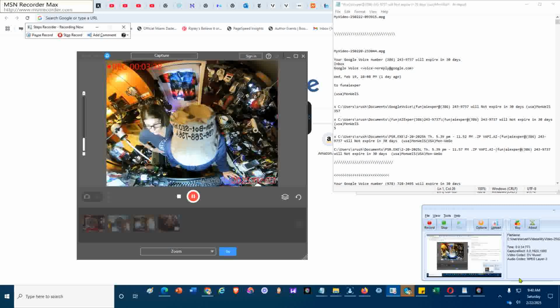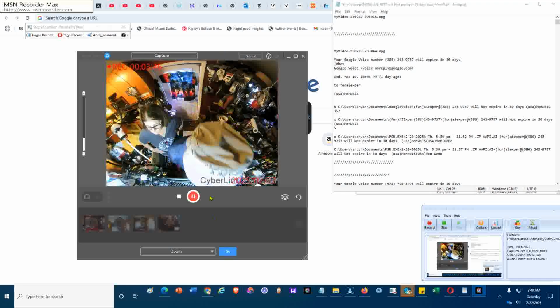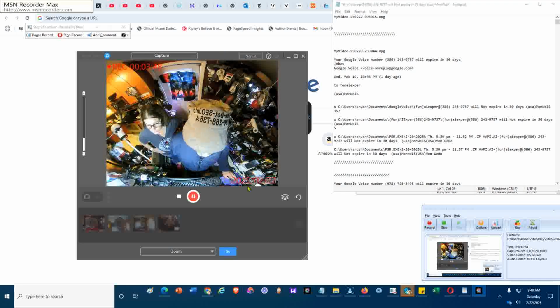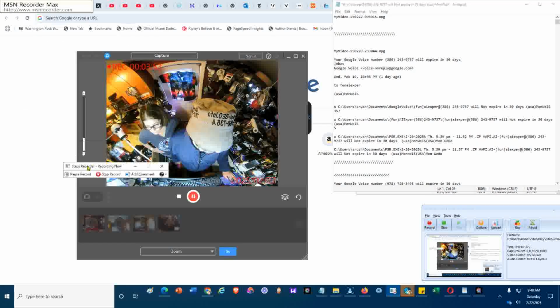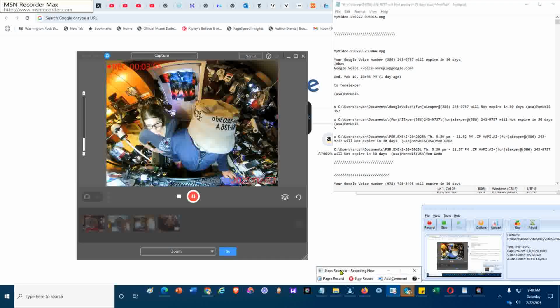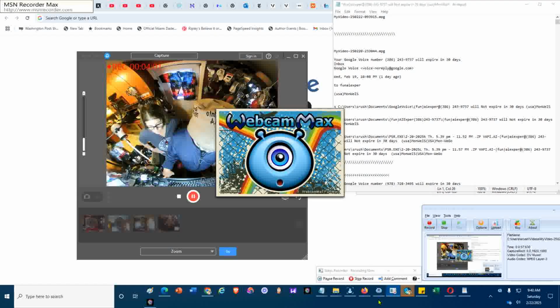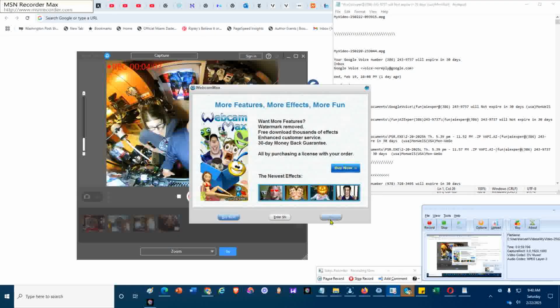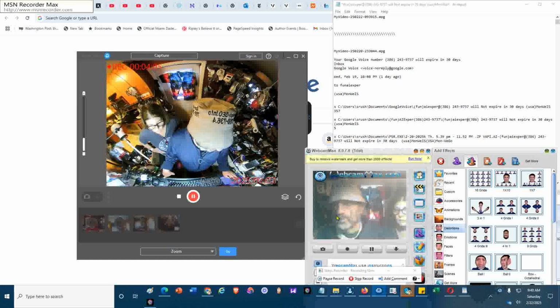So far I have 3 recordings. One with MSN Recorder Max, another one with CyberLink UCAM, and the third one with Step Recorder that I'm going to move to the bottom right now. And then I want to proceed with another webcam, just in case the current webcam doesn't work well. I will have another webcam, which is